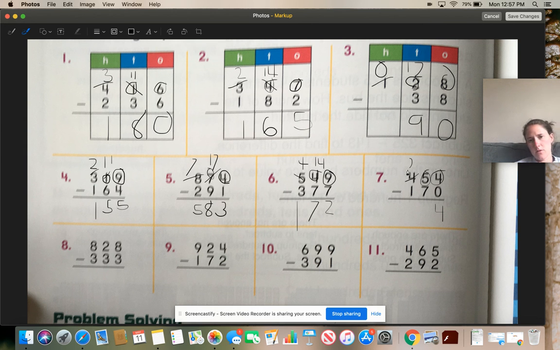My 4 becomes a 3. My 5 becomes a, oh goodness, I keep grabbing the wrong thing. Becomes a 15. 15 minus 7 equals 8. And 3 minus 1 equals 2. So 284. Now this next row, I want you to try it on your own and then press play once